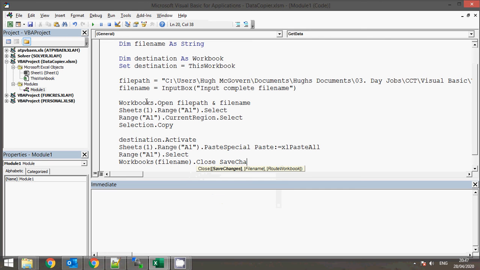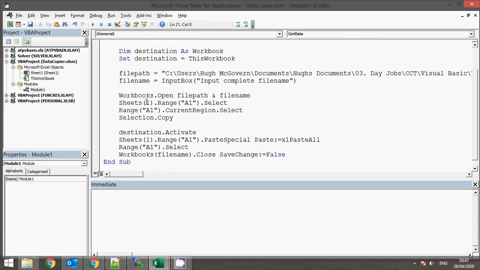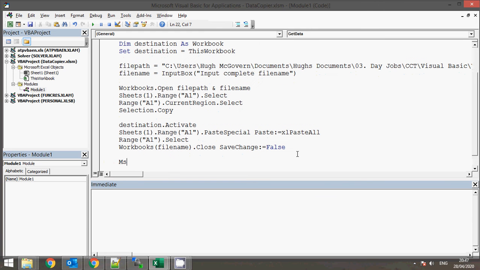Don't want to save the changes, so save changes equal to false. Okay, and then finally we just send a note to the user that the data has been copied. So message box, file name, and data copied. Okay,